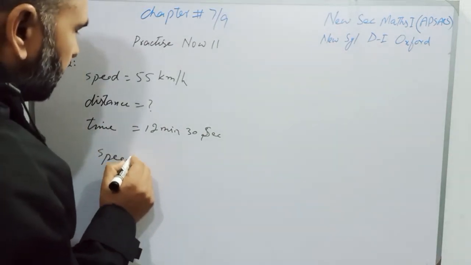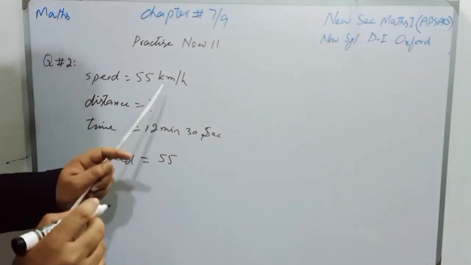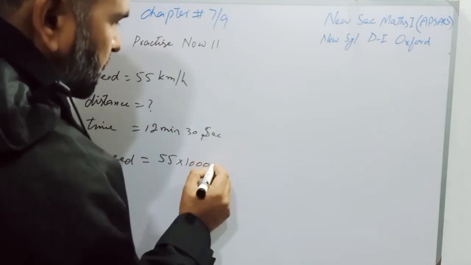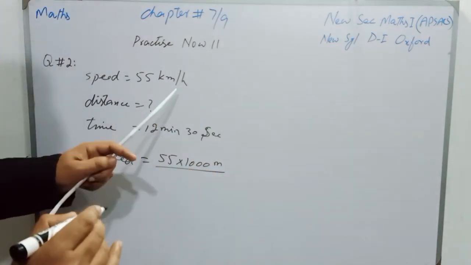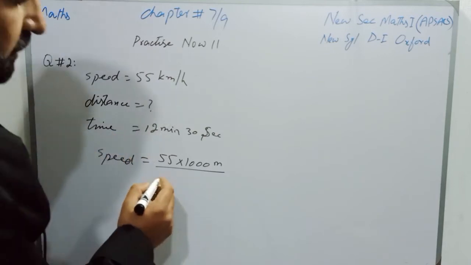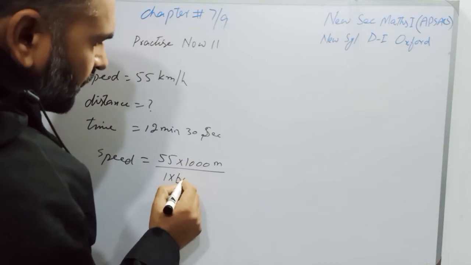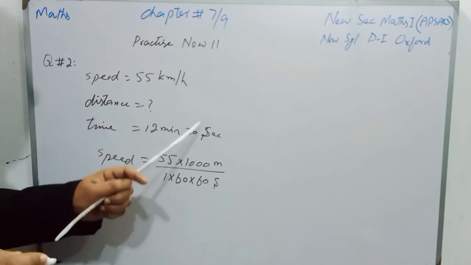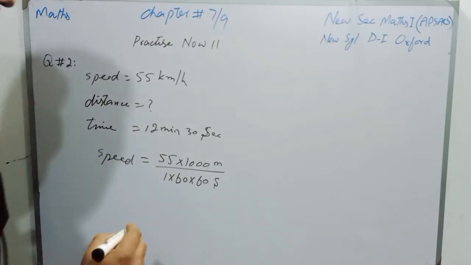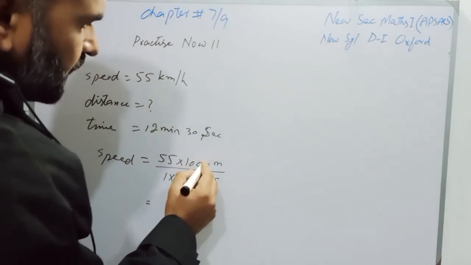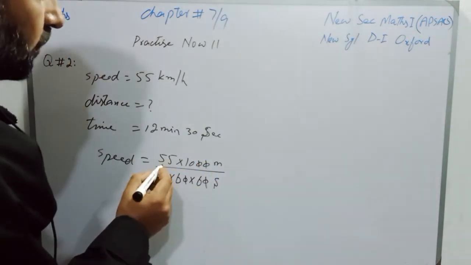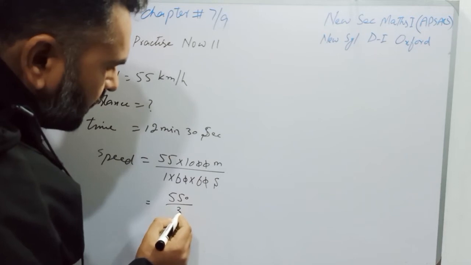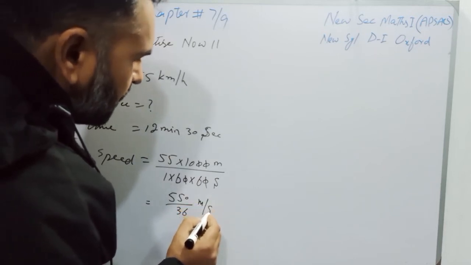So students, first we will convert our speed from kilometer per hour to meter per second. Speed will be 55 kilometer, and if kilometers are multiplied by 1000, it will become meter. Now kilometers are converted into meters, and hour over hour, there are 60 minutes in 1 hour, and 60 seconds in 1 minute. So it will become 1 multiplied by 60 multiplied by 60. Now the hour is converted into seconds. Now students, this 0 will be cancelled with this 0, and this 0 with this 0. When we multiply 55 with 10, it will become 550 over 36. Now the speed is in meter per second.